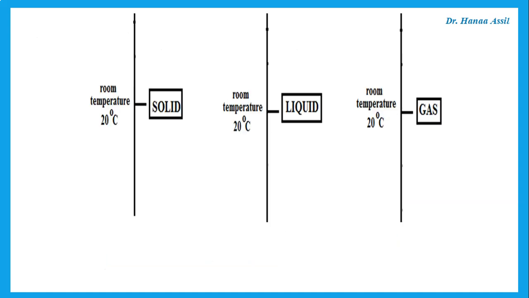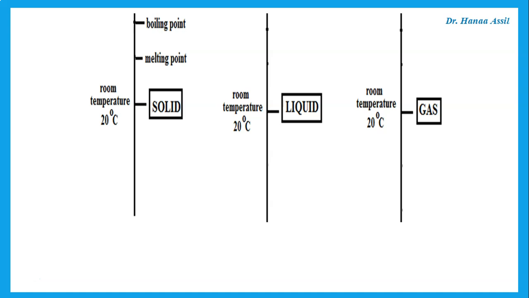Now, we know that we can be provided with information about melting point and boiling point, and we're required to know if something is a solid or a liquid or a gas at a specific temperature. So if we're talking about room temperature, if something is a solid at room temperature, that means the melting point and boiling point are very high. So if we're told that the melting point and boiling point of a substance is higher than room temperature, then at room temperature, it is a solid.